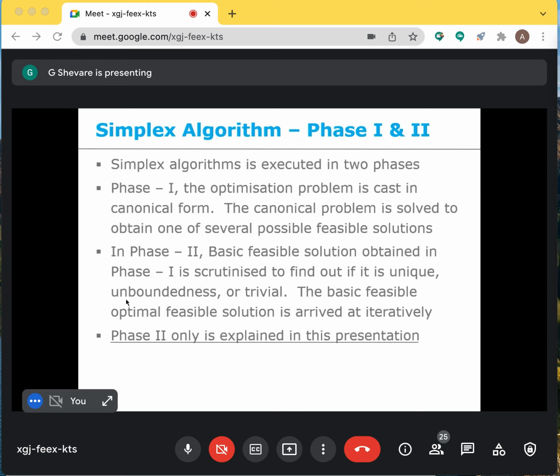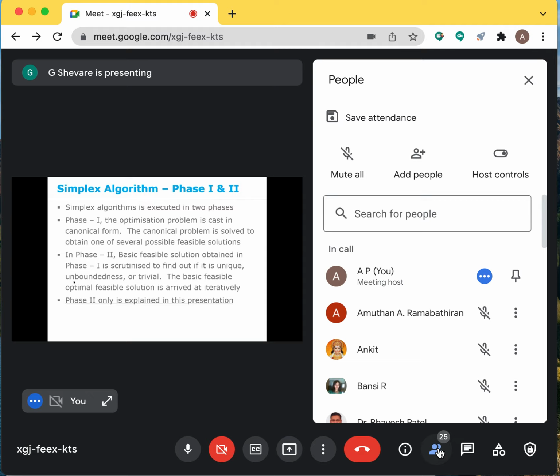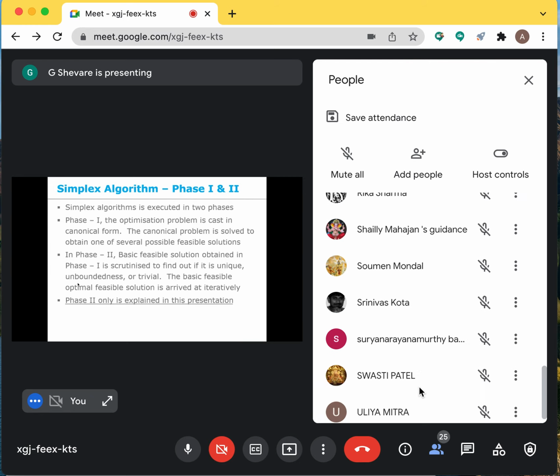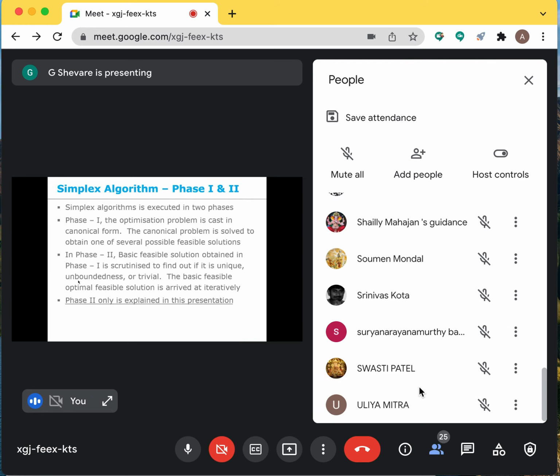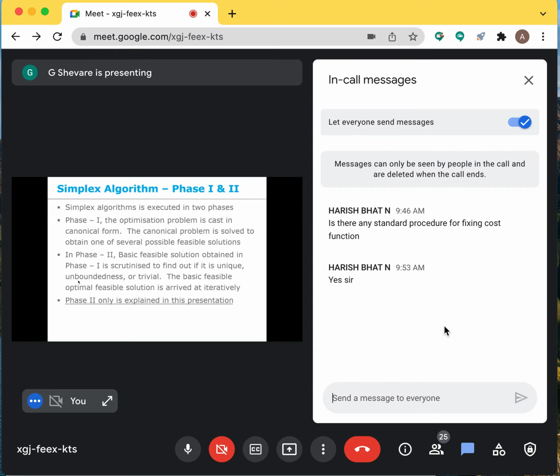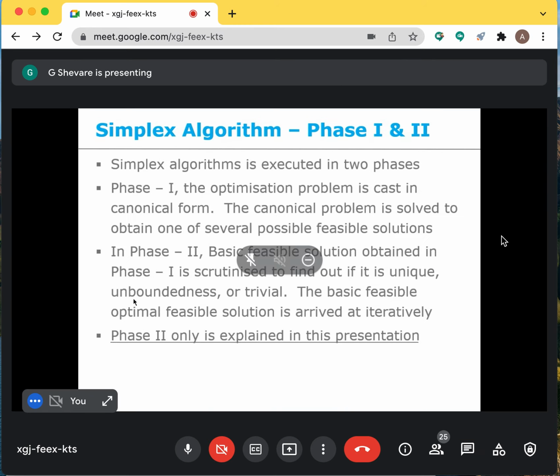So this is what it is, and I think we'll take a small breather here and check whether I have communicated what I wanted to a certain level of clarity. Is there anything that anybody would like to ask? Okay, seems I don't have any chat responses. You are not seeing any chat response? No. Okay.